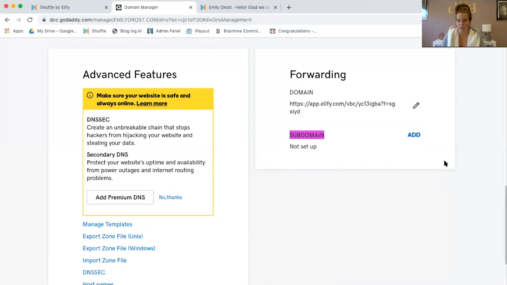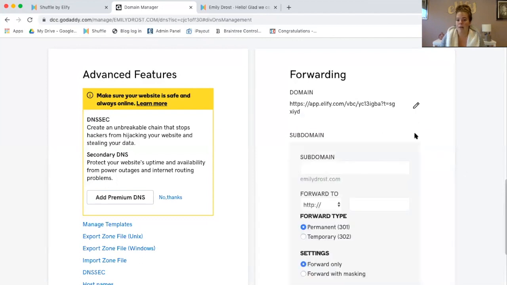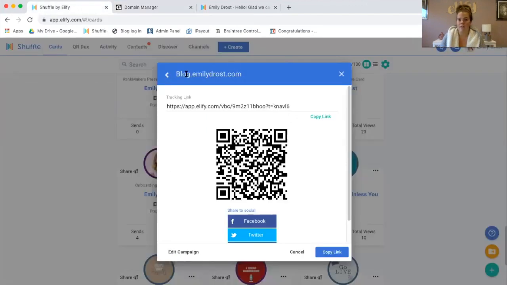Again, I'm in GoDaddy. Your program might be different, and if it is, I'm sure they have a wonderful help group that will help you. This is all the example in GoDaddy. Where it says forwarding in subdomain, I'm going to hit add. My subdomain that I want is blog, and so then it'll be blog.emilydros.com. I'm going to go through the same steps of creating a campaign,